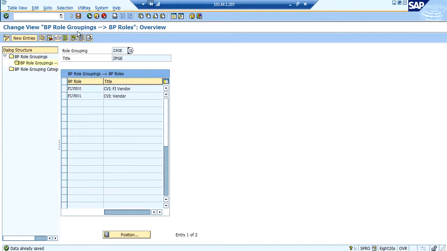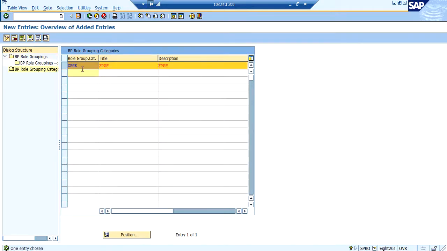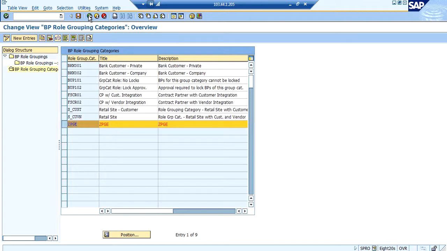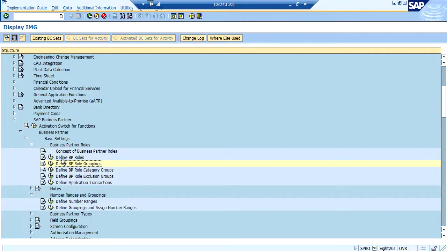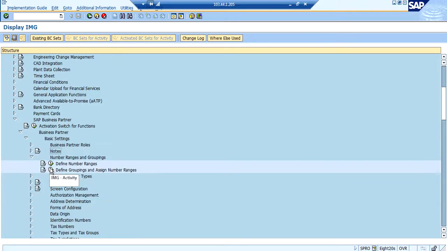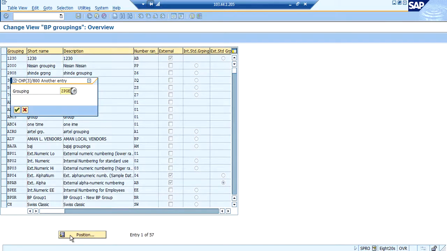Previously we have missed this part, so this has been created. This is created under BP role category. So once this is created, automatically whichever roles are assigned will get automatically allocated to this group. So this group is a mandatory setting to which we will assign the number range. Now this will come here.